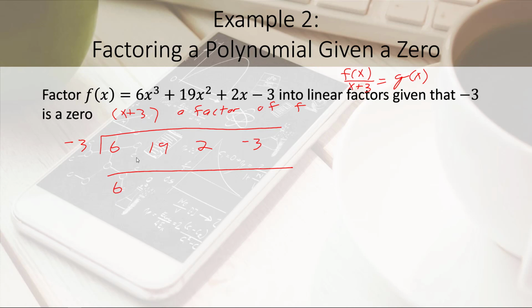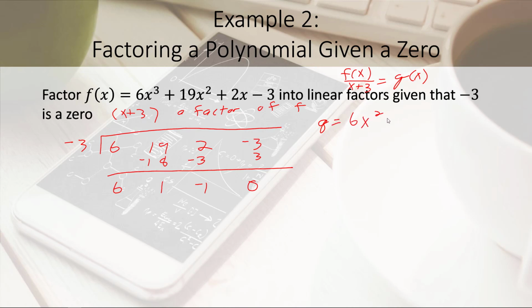Negative 3 times 6 is negative 18. Okay, 19 minus 18 is 1. Negative 3 times 1 is negative 3. 2 minus 3 is negative 1. Negative 3 times negative 1 is 3, as we would hope, or there is a problem. And of course, our remainder is 0. Once again, these are the coefficients for our quotient. So our quotient is going to be